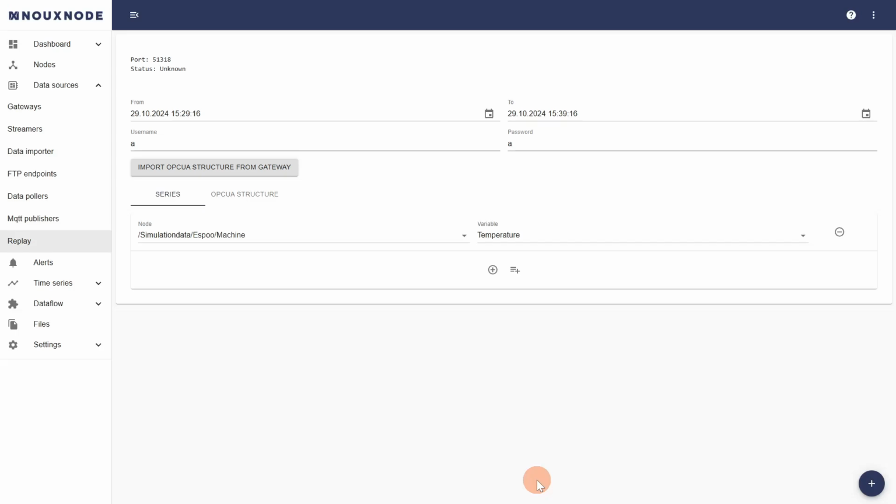So it replayed the once-collected data, and the idea is that you can, for example, connect your simulation model to this data. So you're basically replaying real data from the machine,